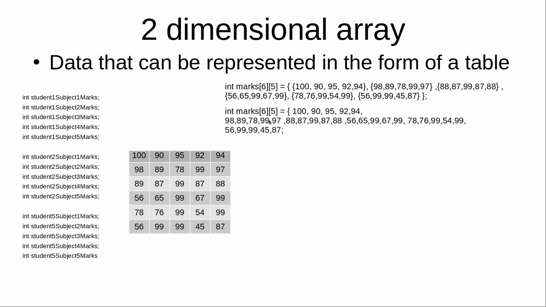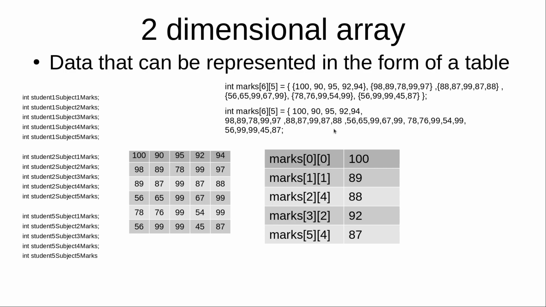Without these curly brackets, we can start writing from left to right. So the first 5 values belong to the first row, and even though we do not have curly brackets in the second one, we still maintain the same order of the values. Okay, but the first one is a bit easier for us to understand. If we have made any mistakes, it would be easier if you follow the first method. But for the compiler, both of these are the same.